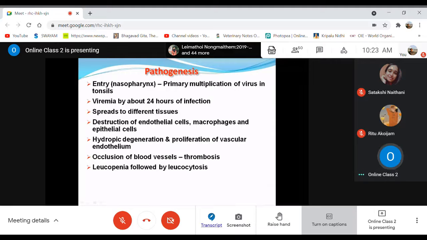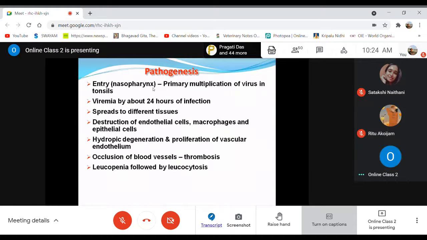Entering through the nasopharynx means through the oronasal route, that means through ingestion or inhalation, maybe through aerosol. So the virus gains entry through this oronasal route, then starts multiplication. The primary multiplication of the virus starts in the tonsils. From there, they get into the circulation. Then they produce viremia, meaning presence of the virus in the circulation, within 24 hours